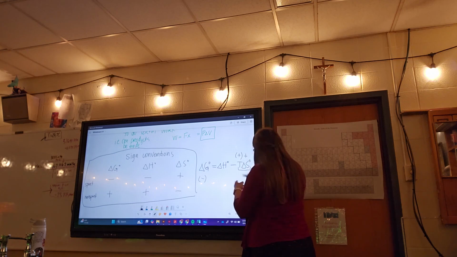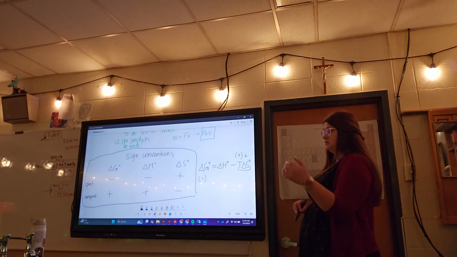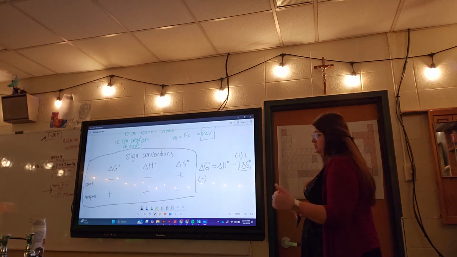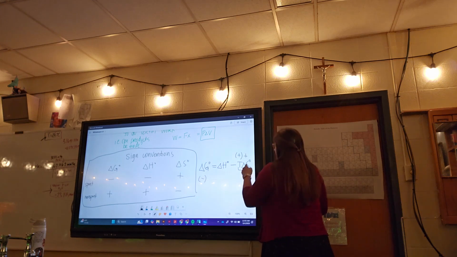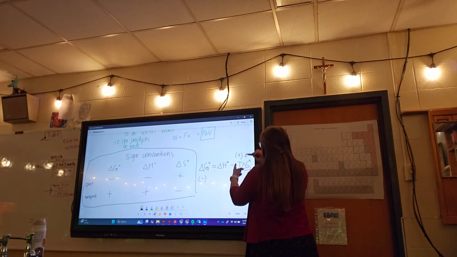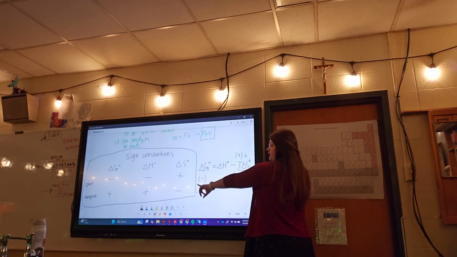It's not possible to have a negative temperature value using the Kelvin scale because the lowest possible temperature is 0. And that's absolute zero, a theoretical construct. And so whatever then is the sign of entropy is going to determine the sign of this term. If we want Gibbs free energy's value to be negative,